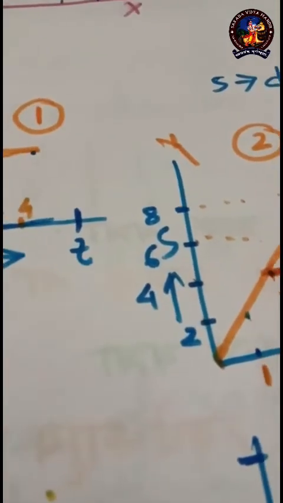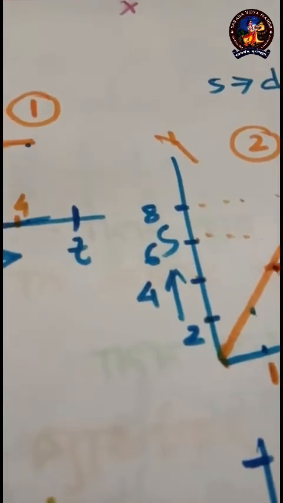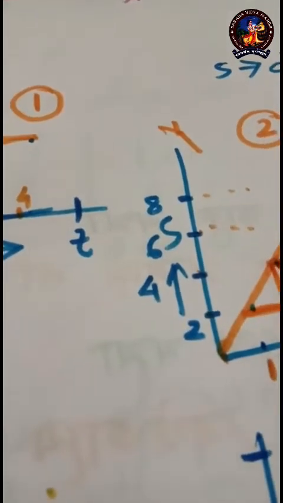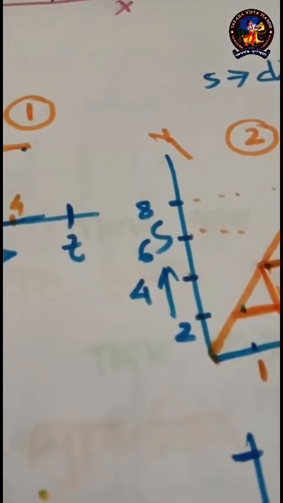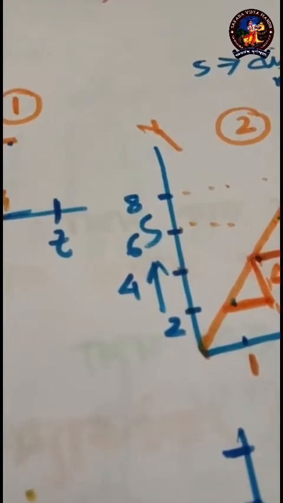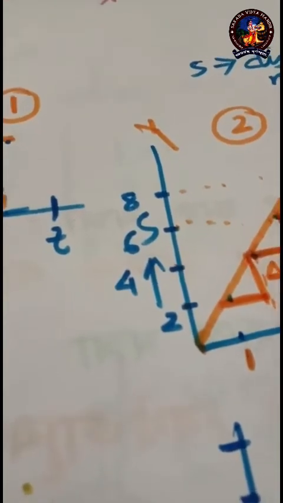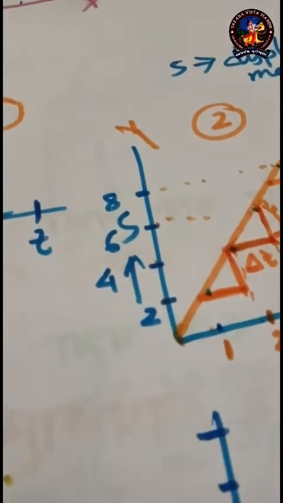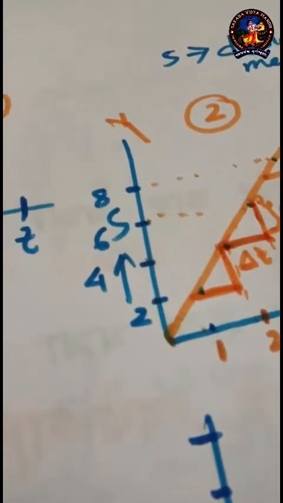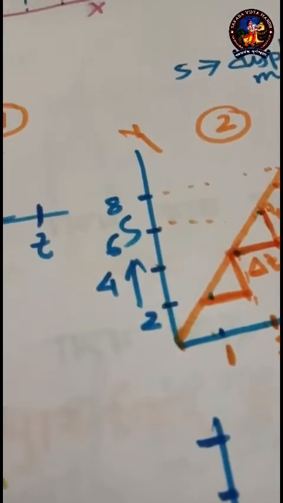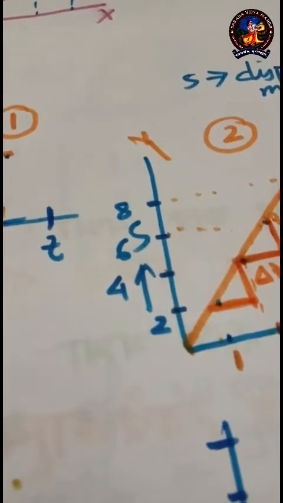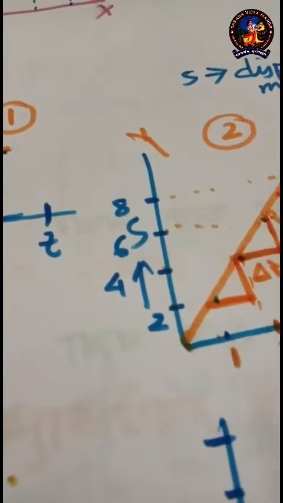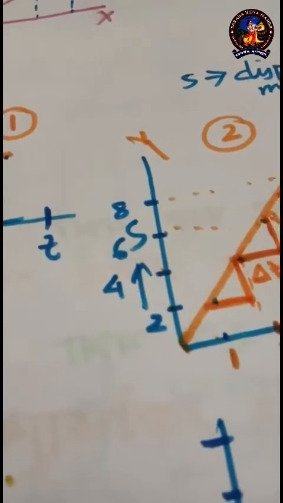So here, if we take the slope from any part of this graph, we will have the same slope. Same numerator, same denominator. That is, the slope is constant. The slope is not getting changed. That means it is the curve when the velocity is constant, and this is the representation of the displacement time graph when it is moving with no acceleration.